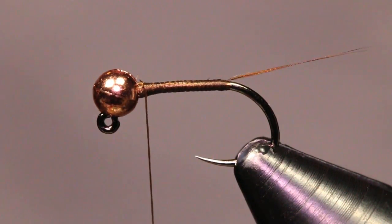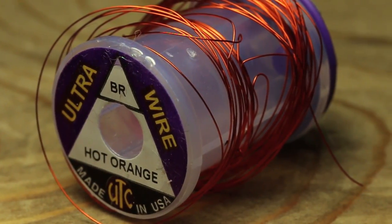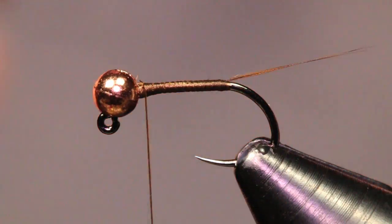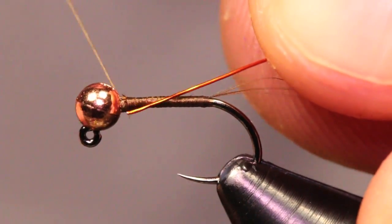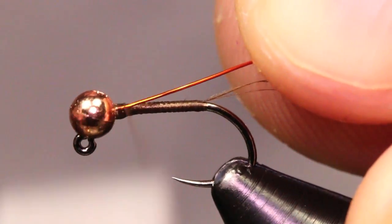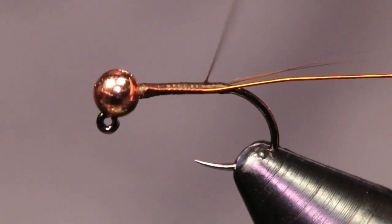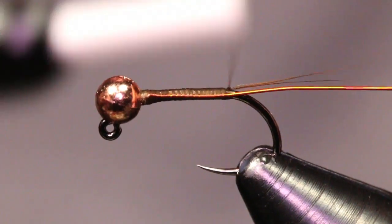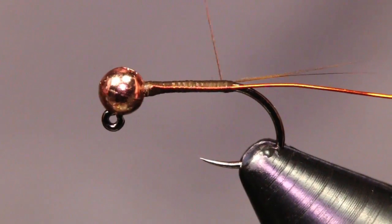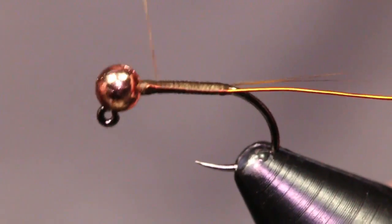Next we're going to be tying in is our rib, and for a rib I'm going to be using UTC Ultra Wire. This is a hot orange, and this is in the brassy size. I'm going to get about a 4-inch piece here, and I'm going to tie this in right behind that bead on the side of the shank facing towards the camera. I'm going to tie that in all the way to the back,